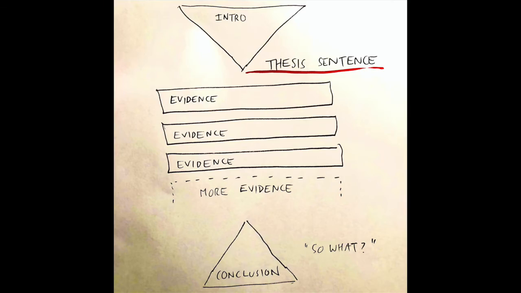Does that make sense? So if you have a statistic that really proves your thesis sentence well, that statistic will be the focus of one paragraph of evidence. Now, you'll have other sentences in there as well, but you want to make sure that the basic idea of the point of evidence is being clearly explained to the reader.